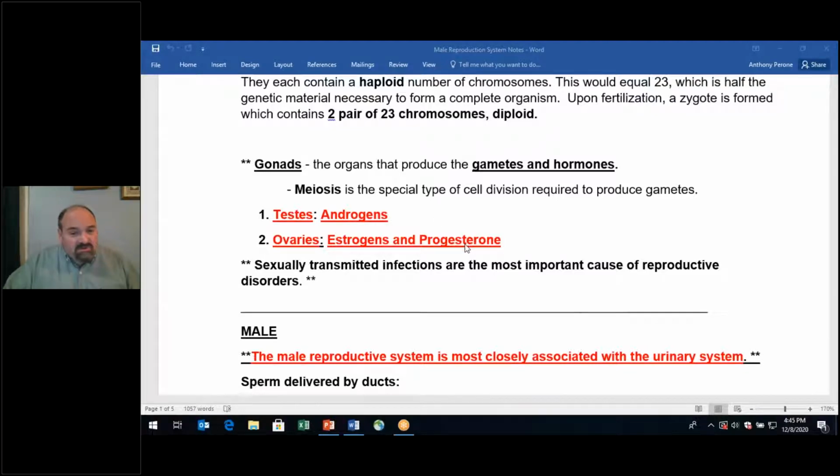And know that progesterone, in addition to estrogen, will contribute to the ability to,